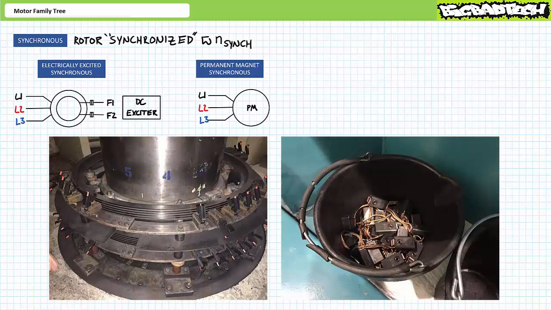Slip rings are not maintenance-free by any means. The brush itself is a consumable, and at a certain point it will wear out and cease to function. A large portion of low-level maintenance performed on electrically excited synchronous motors and generators is simply replacing brushes and cleaning